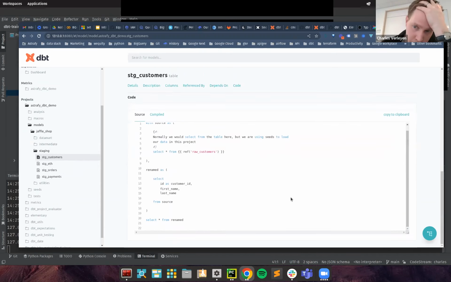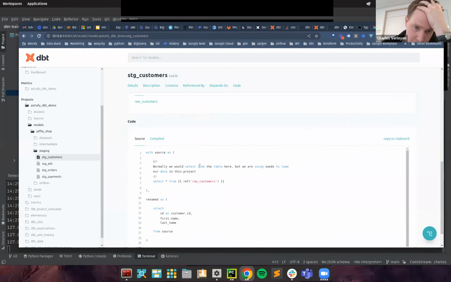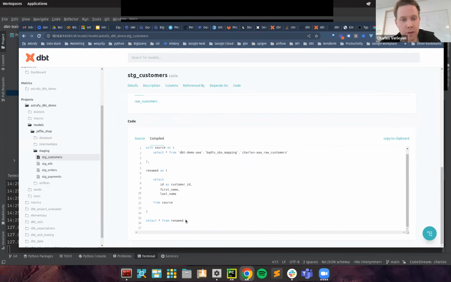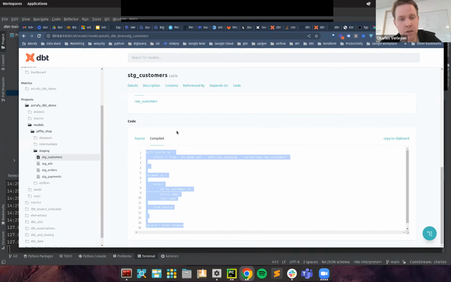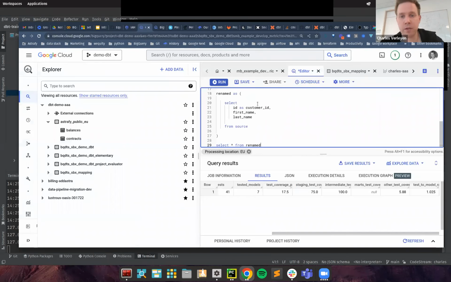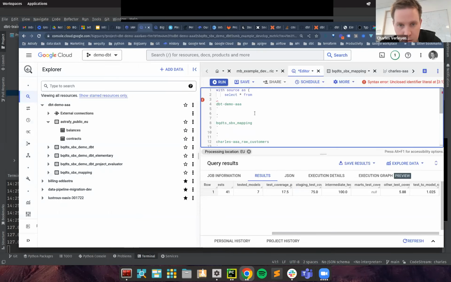I can see my SQL code. So that's the code I had in my PyCharm, so in my IDE, and I can see the compiled version of it. So the compiled version, that's also quite convenient. You can just copy it and run it, for instance, in BigQuery. So if I run it in BigQuery, you will see it's oh,